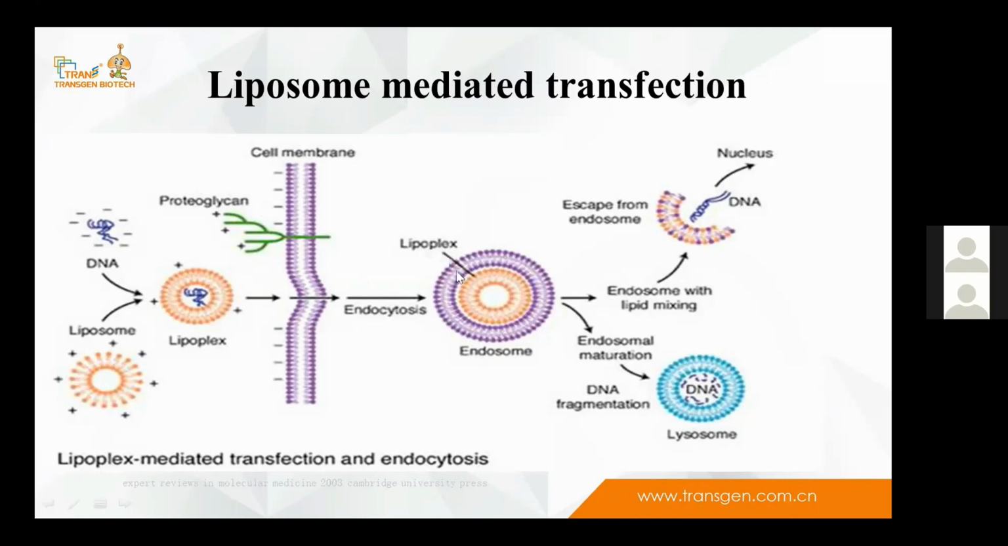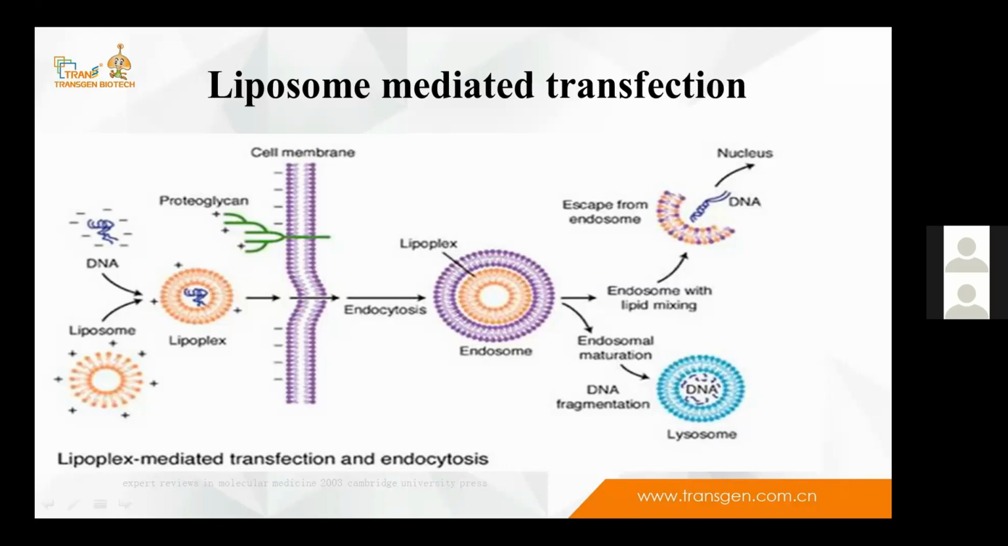This lipoplex is covered by the endosomes. But in this case, the endosome matures into the lysosome, and it will destroy the DNA. So in this case, the transfection is a failure. But if the lipoplex escapes from the endosome, it means the transfection system worked, and the DNA goes into the nucleus and shows transcription and